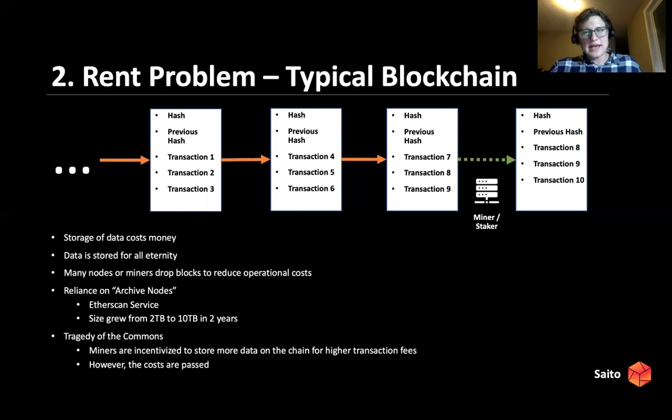Now, just within the last 2 years, because these blockchains are growing and only growing, you don't delete anything, we could see that within 2 years, the Ethereum blockchain has grown exponentially. So literally just 2 years ago, an archival node was required to store 2 terabytes worth of information. And now an archival node is required to store about 10 terabytes of information. And this only leads me to think, what's it going to look like in 10 years or 20 years? How much hard drive space is going to be required to store the entire blockchain then?